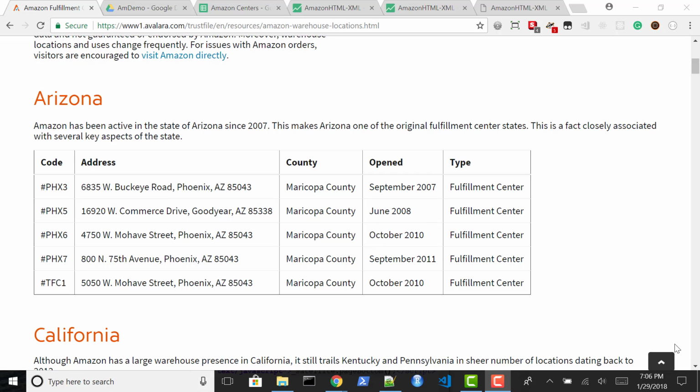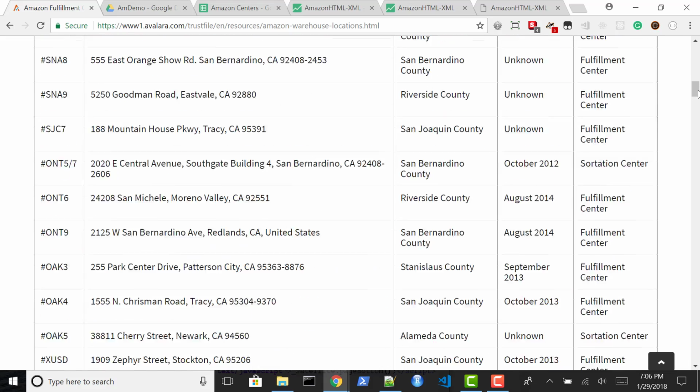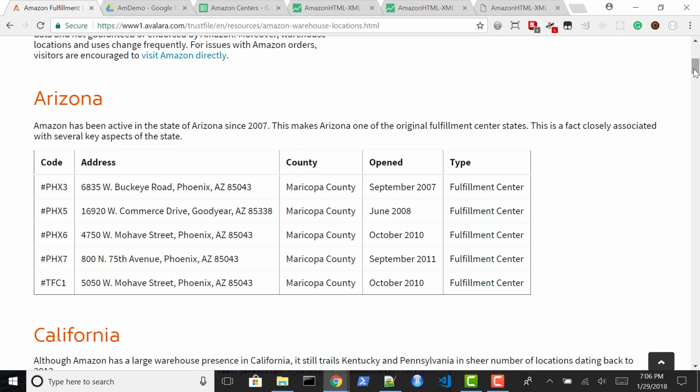Hey, just sharing something I stumbled upon today. The tables in an HTML file are a lot like XML and can be imported into a Google Sheet. So, just to show you that it's real simple and